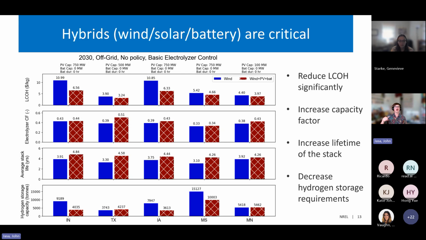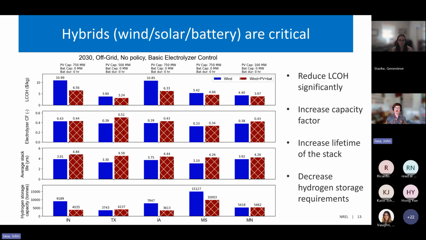Additionally, by having less variability in the electricity signal going into the electrolyzer, the average stack life for the electrolyzer increases. Without getting too deep into the weeds, we know that electrolyzers degrade more the more variable the electricity signal going in is. If you have startup and shut down events for the electrolyzer, it also degrades the stack more. So we're able to avoid that, reduce maintenance costs, and increase the lifetime of the electrolyzer stack by having this hybrid energy system. I think it's really neat,